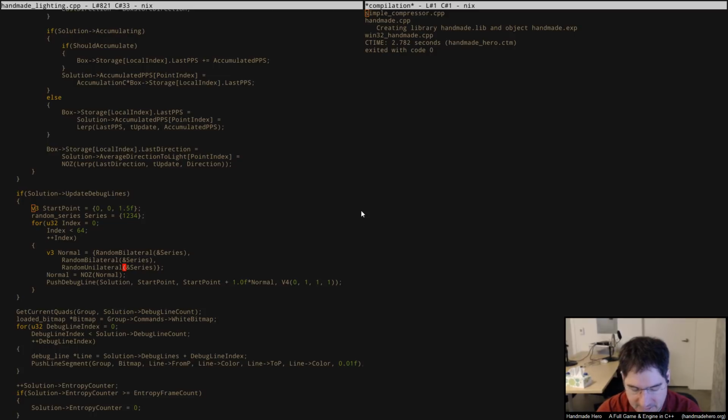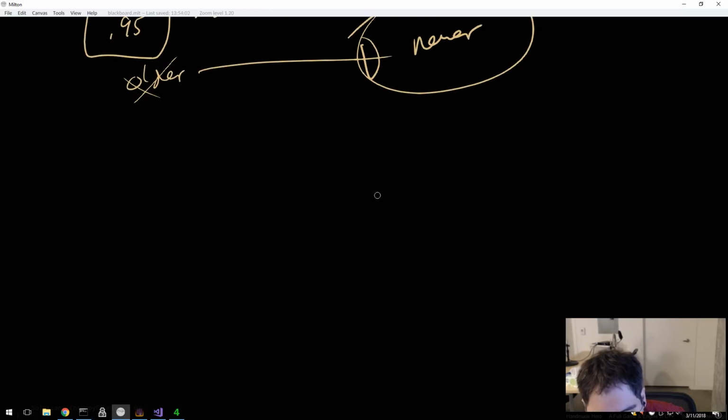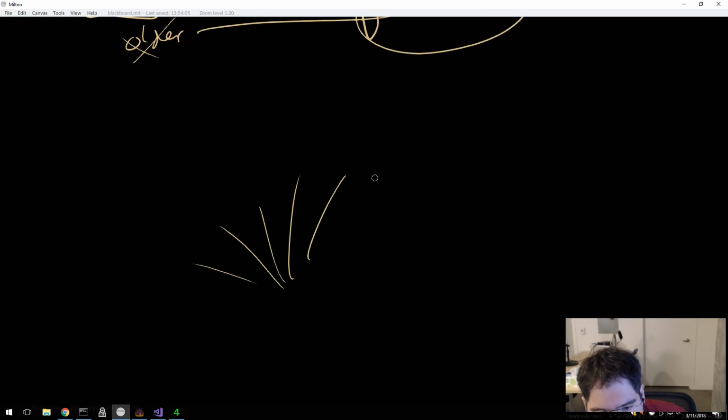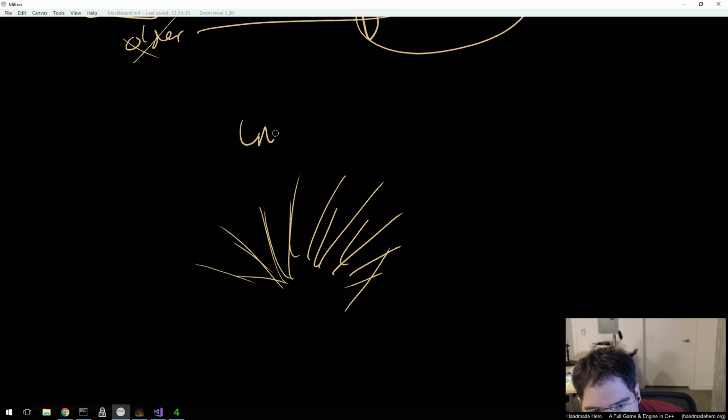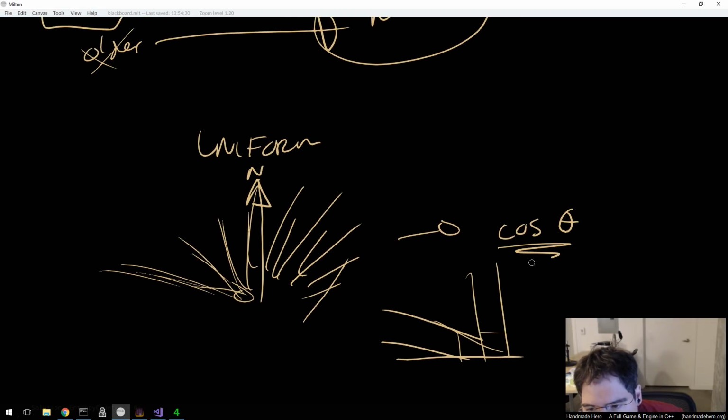Does that make sense? Previously what we were doing is uniformly casting rays all through the thing, so we've got a uniform sampling of the hemisphere. And then we multiply that by the cosine of the angle between the normal, because we know that's how light works: we don't get as much light from things at grazing angles, because of that beam diagram I drew before. So this cosine here,